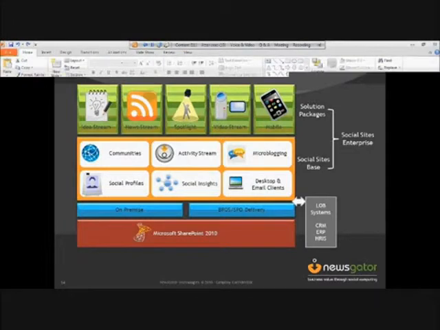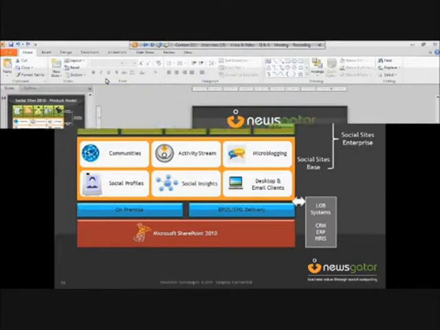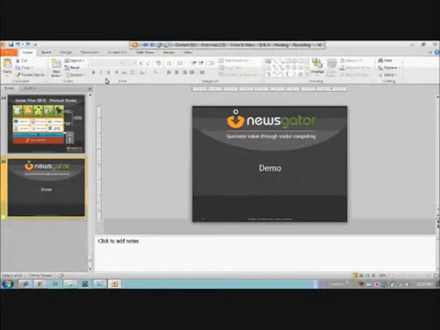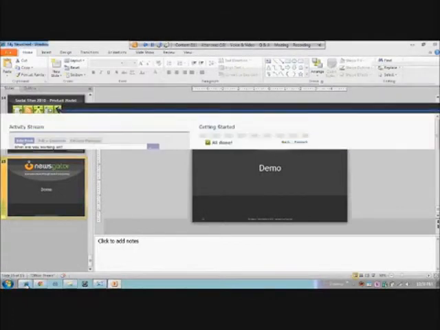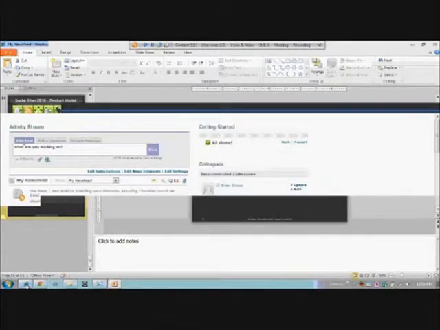What I'm going to show you is not branded, it's not customized. Most customers will take our stuff and put it into their existing environment and brand it with their own colors, their own logos, and organize it however they see fit. What I'm showing on my desktop now is the typical SharePoint 2010 My Site, and this is the news feed.